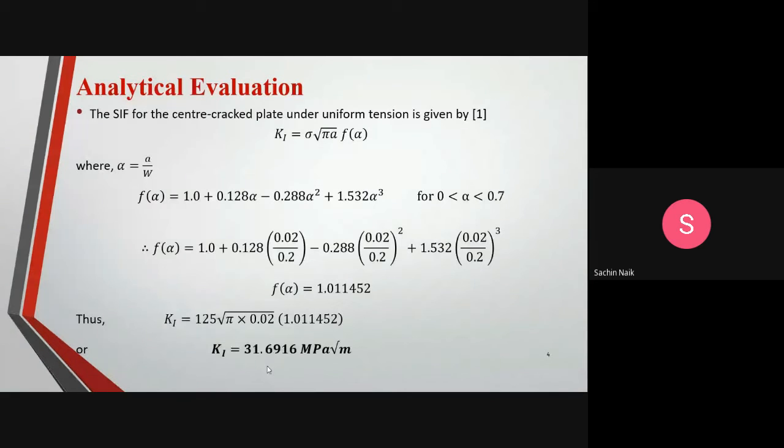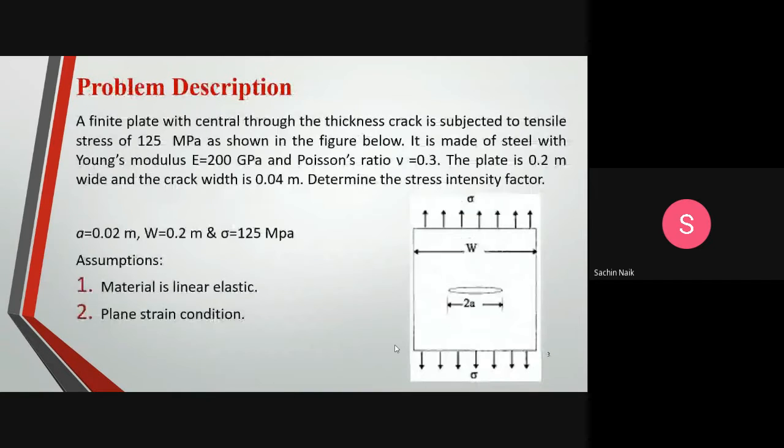We must respect this solution and it should be regarded as the final correct answer that can be given for this problem. Now we have to go for finite element analysis of the problem. If you refer to the original plate, you can see that the plate has a vertical axis of symmetry as well as a horizontal axis of symmetry. Therefore, there is double symmetry in the plate, because of which, if I have to create the finite element model for this plate, I do not have to create the whole geometry. That's the advantage of finite element